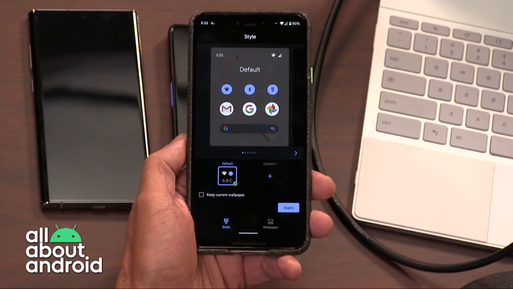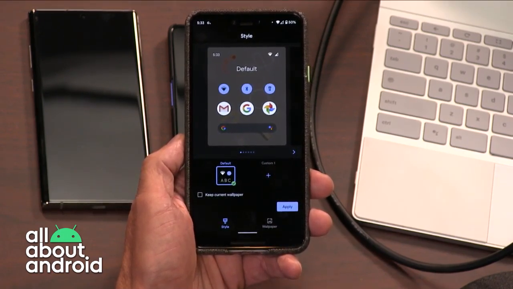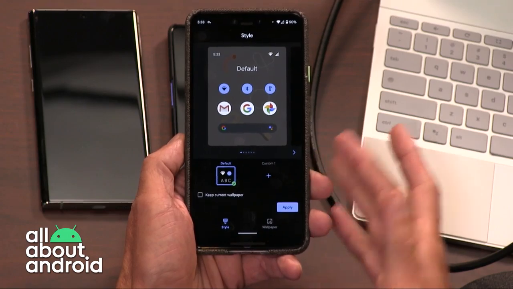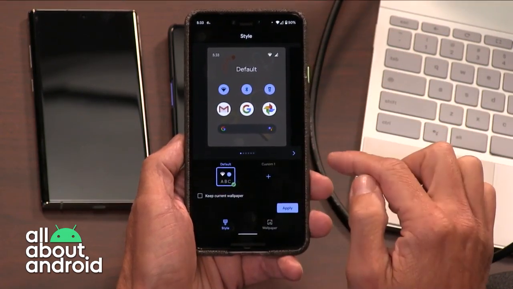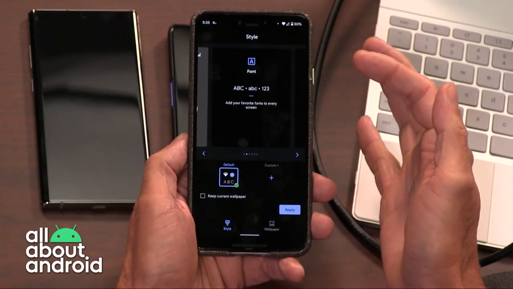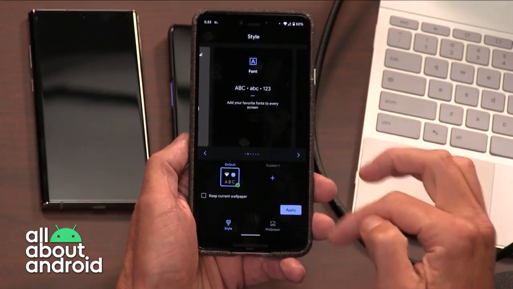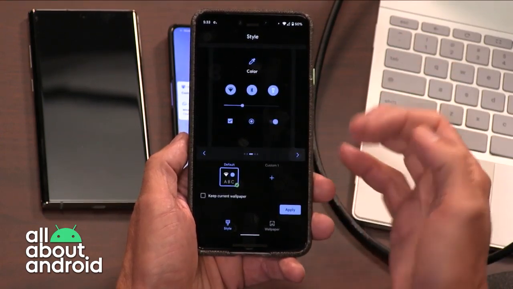These are styles. So these are Pixel themes. This is the theming capability that is coming to the Pixel 4, the ability to theme the device. Basically once you get it going, you can determine different fonts on your device. I've literally had no time to play with this because earlier I couldn't even get it to work. So I don't know exactly what I'm doing here, but basically you can go through and you can customize the